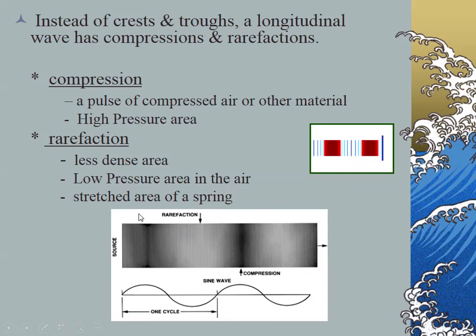The other kind of silly question that you sometimes get is, what point on the longitudinal wave is related to the crest? We say the crest is related to the compression, the rarefaction is related to the trough. We say that basically because high pressure, highest point, low pressure, lowest point. It's a little silly, but if you ever have to relate the compression and the transverse wave, they usually set it up that way. Compression with crest, rarefaction with trough.